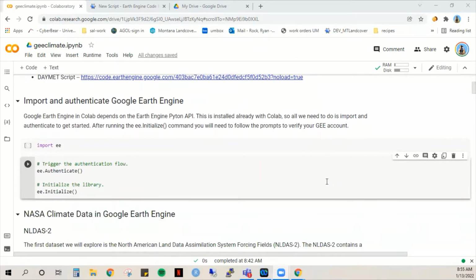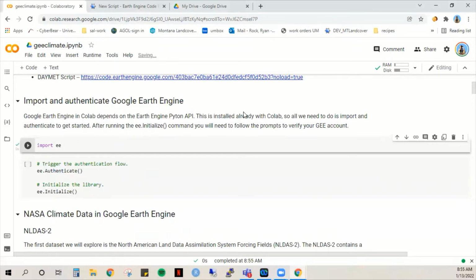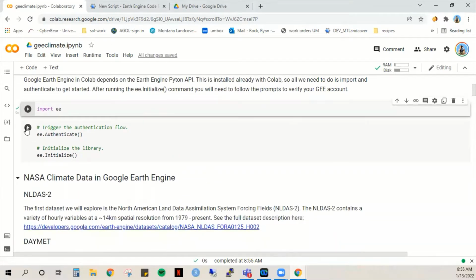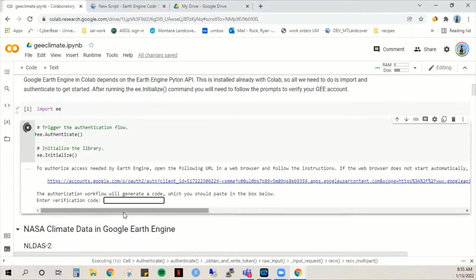So in order to get started, we have to import the EE module, which comes already in Colab. You just have to import it into your notebook. And once you've done that, you need to run this authentication workflow. So if you run these 2 commands here,